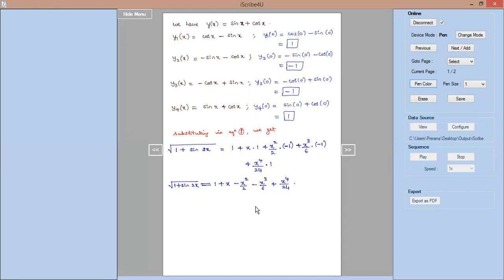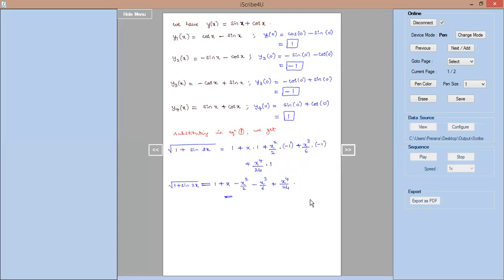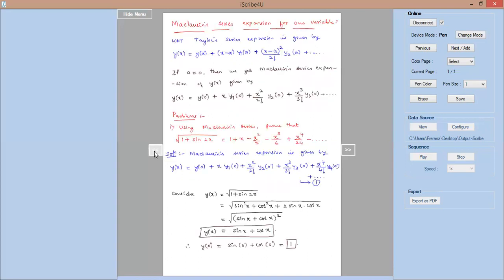And that is our required answer if we can verify. Since the answer was mentioned, what should be our answer that was mentioned for us. So that is why we are able to verify, and the same thing we have obtained. Of course, this is an infinite series. We can just put a minus plus sign and leave the answer as such. So this is how we obtain the Maclaurin series expansion for the given function f of x or y of x.